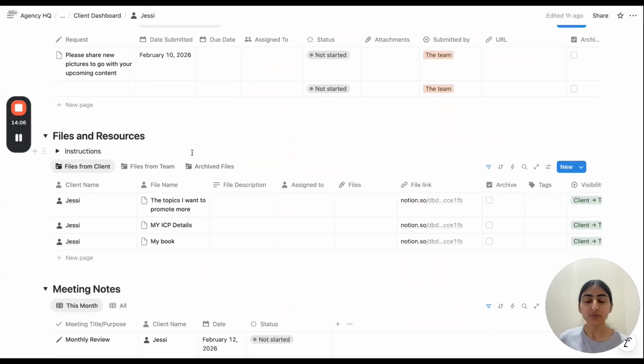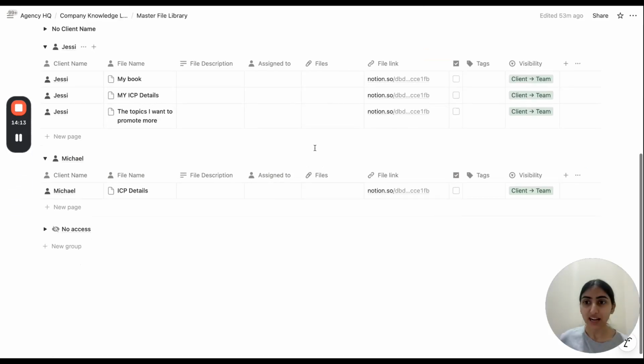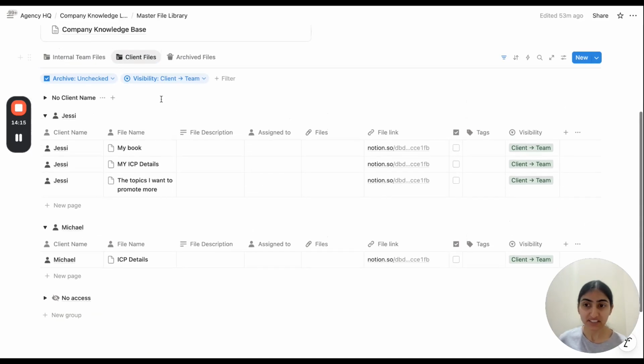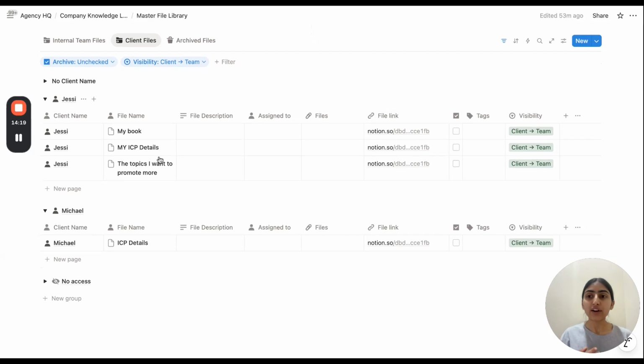Whatever files are added by your clients in their respective client portals, those same files also become visible in this space, organized under their client name. So you are not operating this area, you are not touching it.